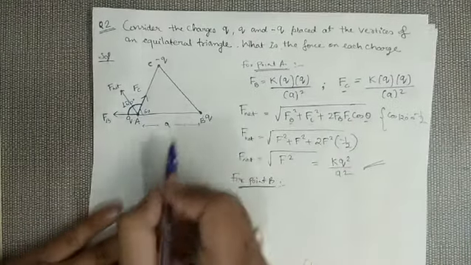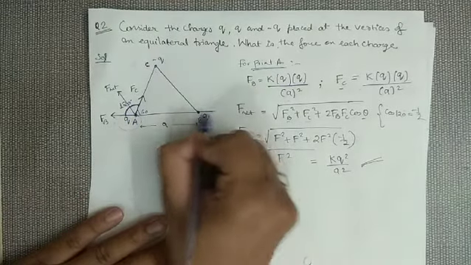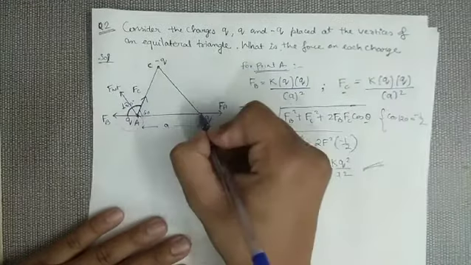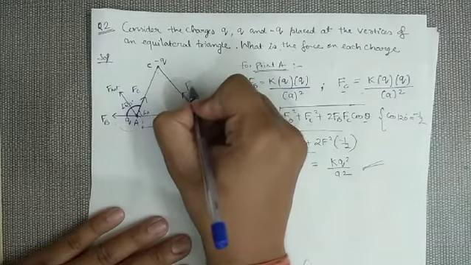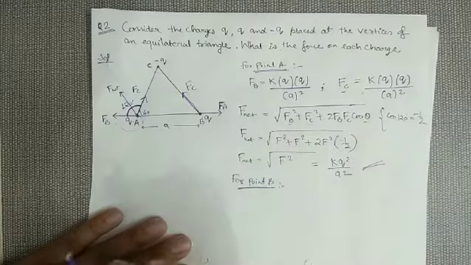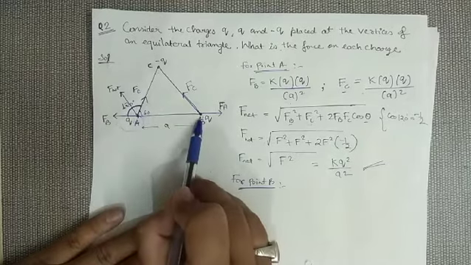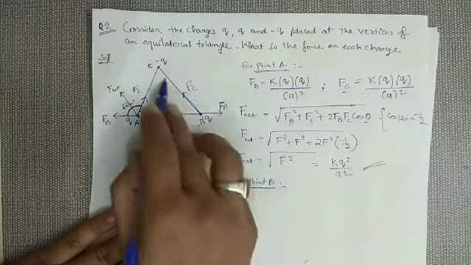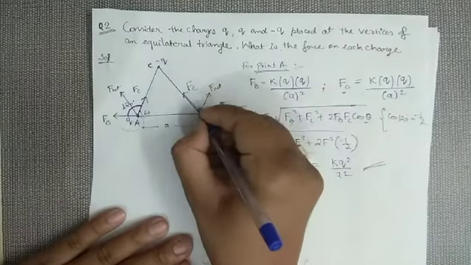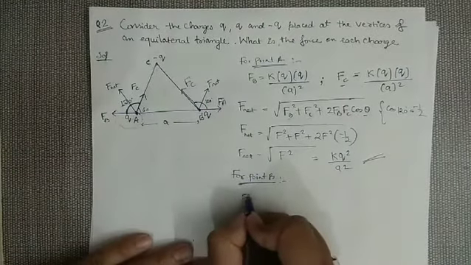Now see diagrammatically. This time A is going to apply force on B in this direction, and C is going to attract B in this direction. Force applied by A and force applied by C. This time B is not applying any force. We have to find the force on B, so just the force applied by A and applied by C. A is repelling and C is attracting. So we will calculate the net force in this direction. Here also the angle will be 120 degrees. So on solving for point B, you will get the same answer.